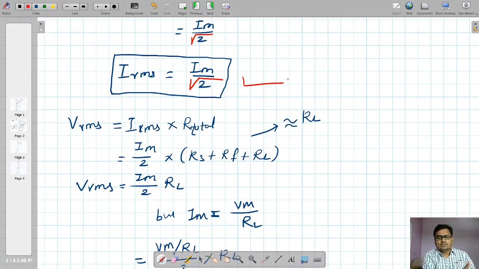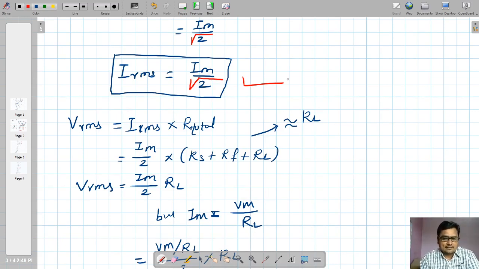Whatever we have done for half wave rectifier, follow the same steps for full wave rectifier. There is a little change. In case of half wave rectifier, it was 0 to pi. In case of full wave rectifier, it is 0 to 2 pi. That's the only change, and follow the same process, you will get the equation. So the analysis part for rectifier is so simple. You only need to understand the first type of rectifier. Now we are done with current.